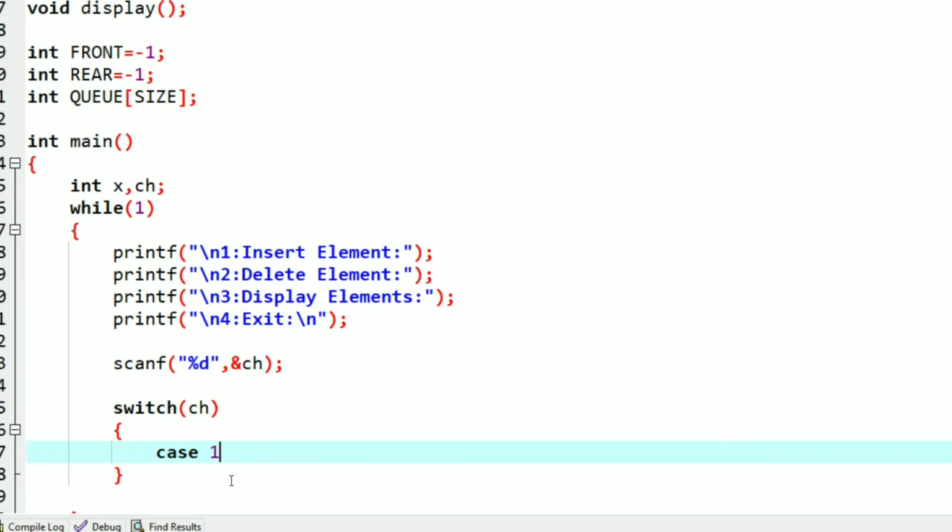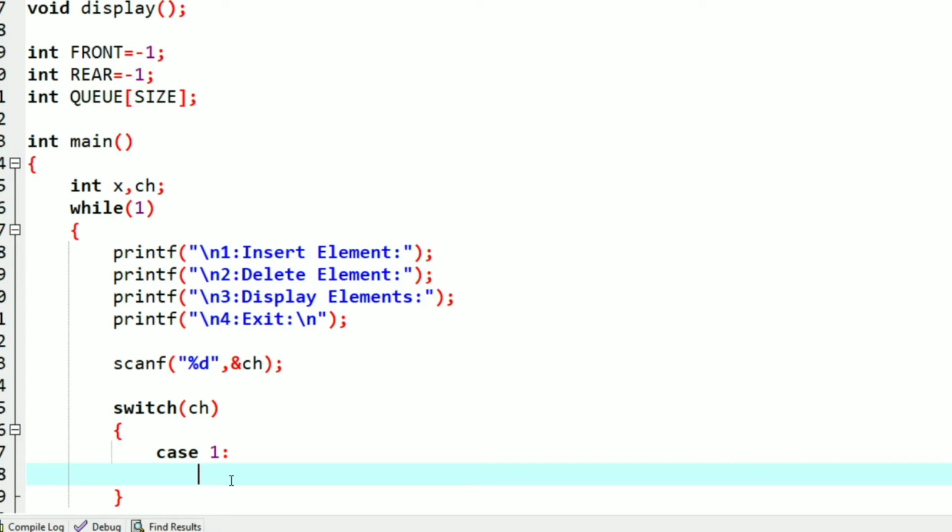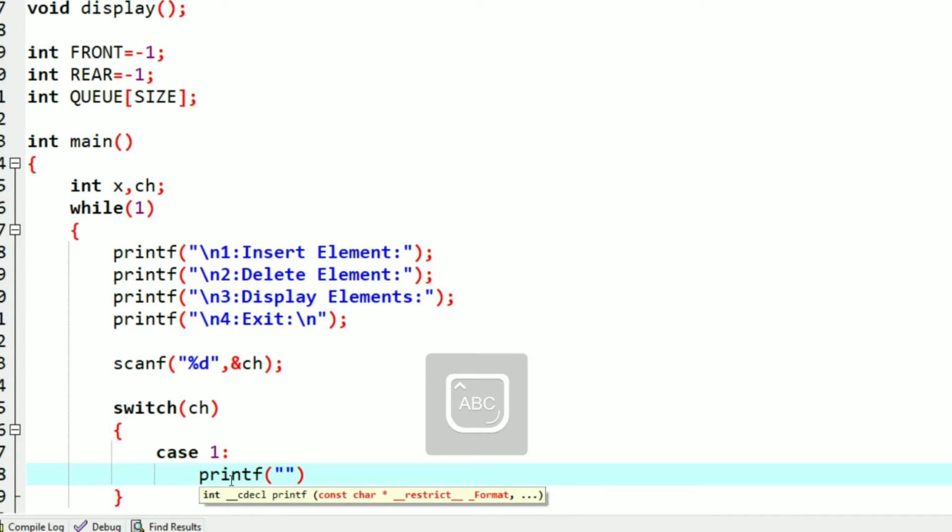So let's write the code. This is our first case, and the first case was the insert element, so we'll display the insert, and in the next line we will tell that enter the element you want to insert in the queue. Okay, so insert and new line and enter element.